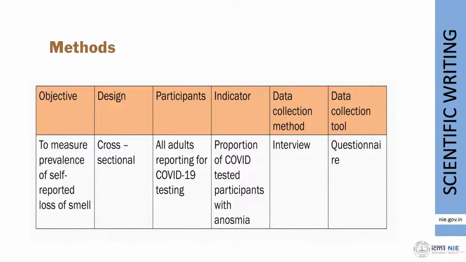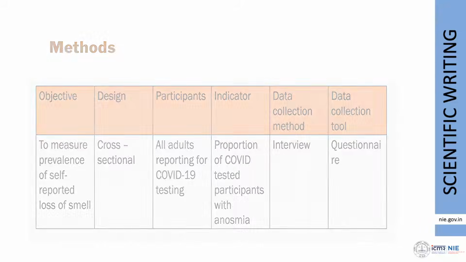So this table does not make it to your manuscript, but this table helps you organize very clearly what methods were employed to meet what objectives. And this is the very principle of the argument matrix that we discussed earlier, where each section is logically linked to the subsequent and the previous section, if any.